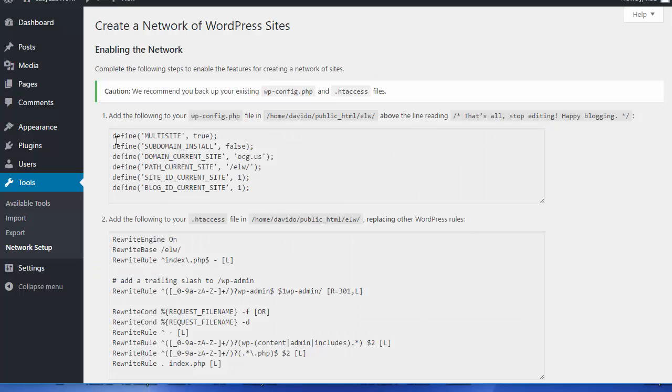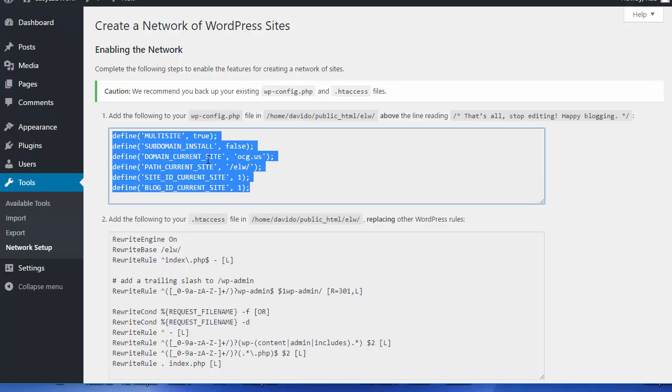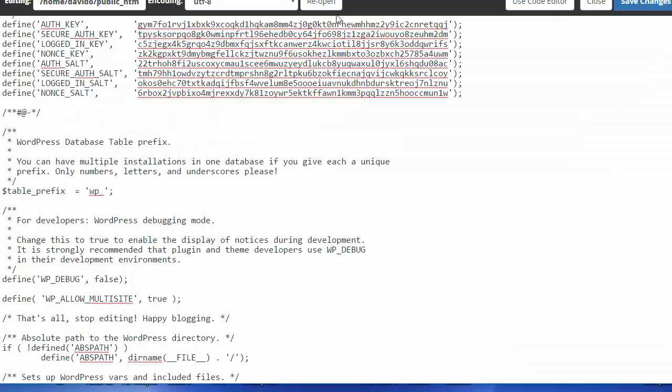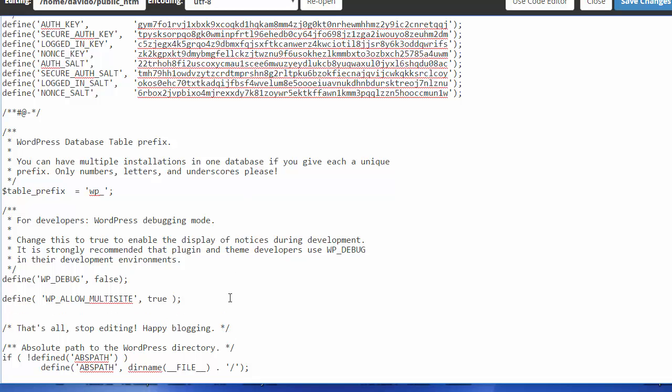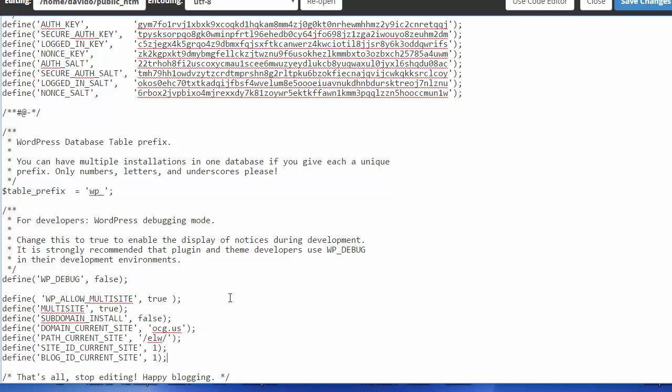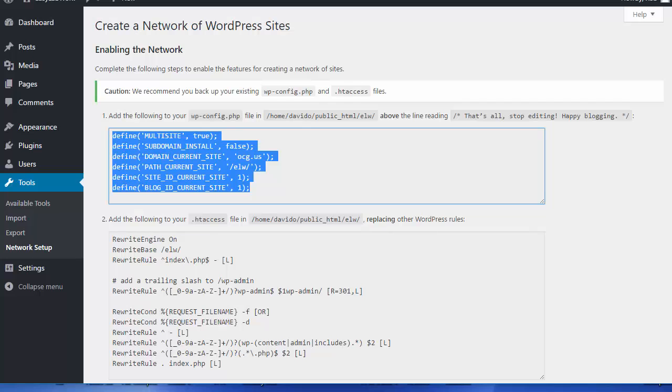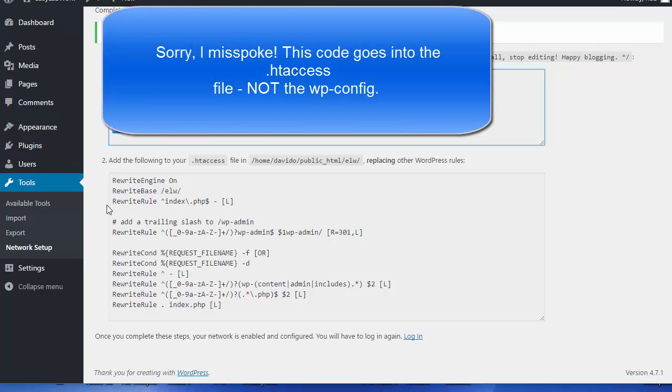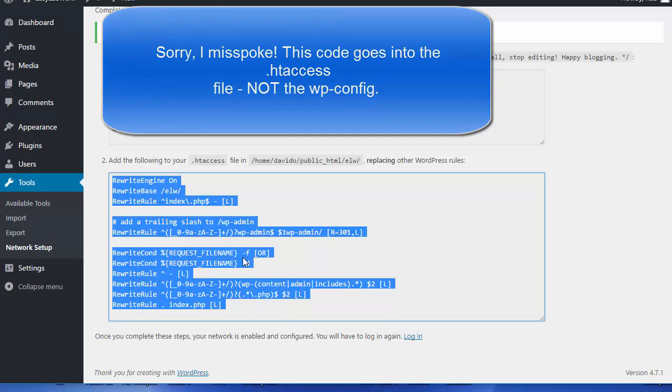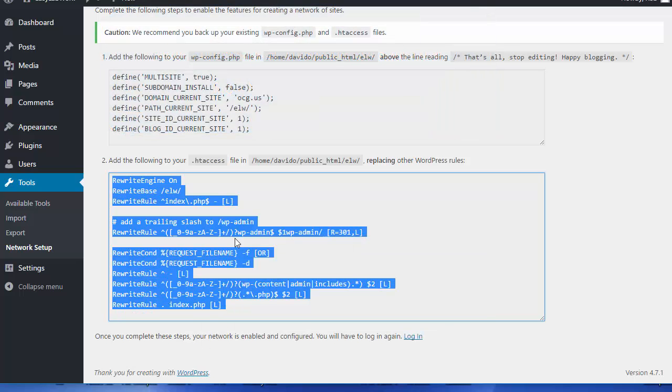And now we have some additional code that we have to put in our wp-config file. So I'm going to copy this, right click, and head back to here, and this is going to get pasted in right below that other line of code that I just put in there. Okay, and I'm going to save this. Then we have to paste this second piece of code into our .htaccess file, and this has to overwrite the WordPress code that's already in there. So I'm going to copy all this, right click and copy,